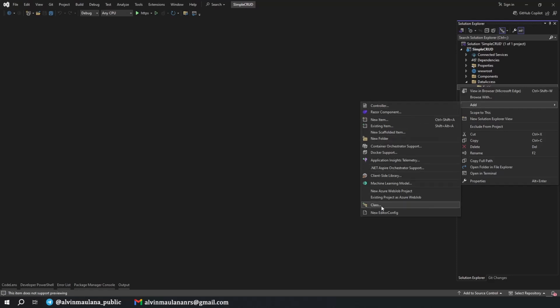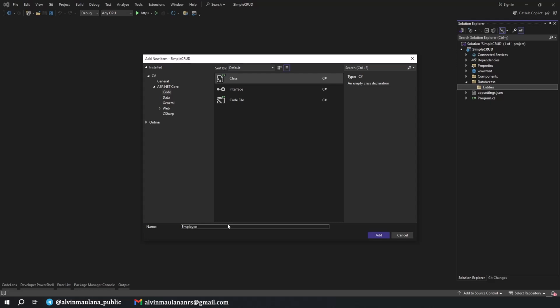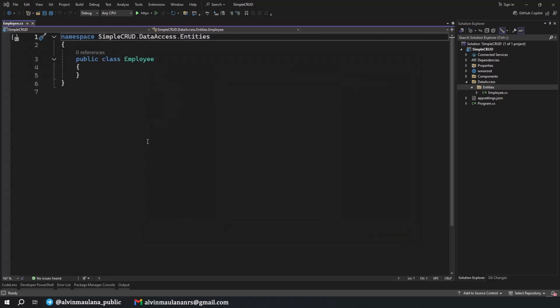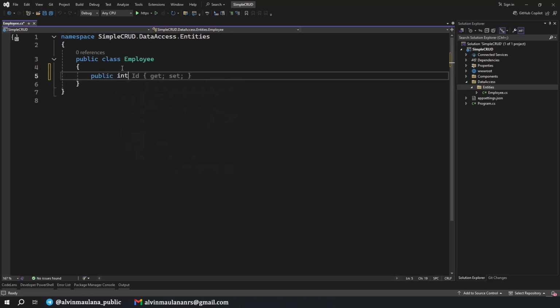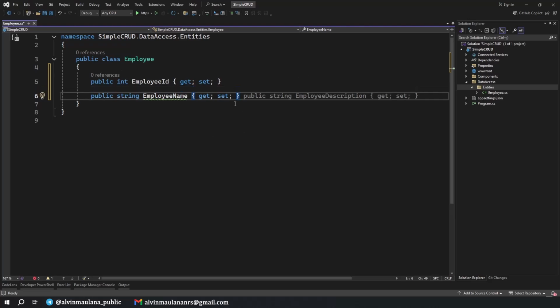And then I have a new class. I name it as an employee. Okay, I zoom a bit. What we will have here is public integer of employee ID get set, and then okay, employee name. I think this is autocompleted by Visual Studio, but I prefer full name.